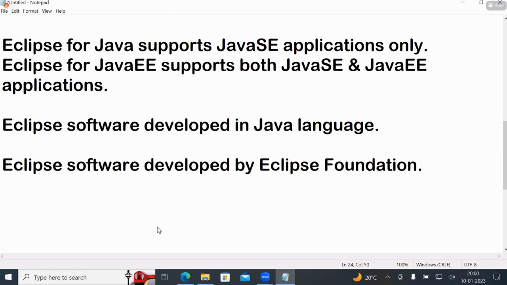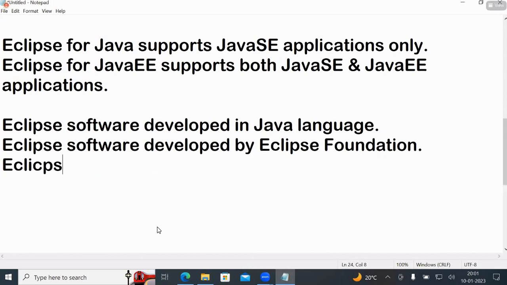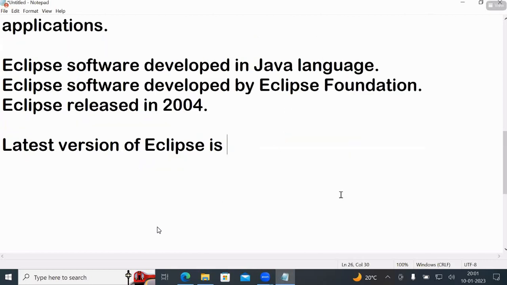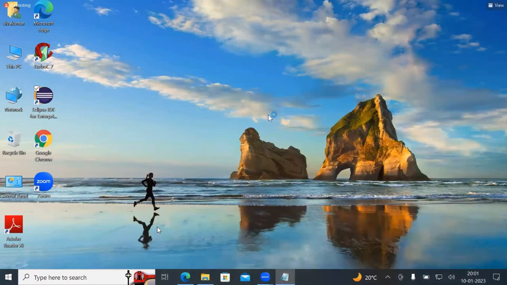Eclipse software was developed by the Eclipse Foundation. Eclipse was first released in 2004. The latest version of Eclipse is updated every 3 months. They update very frequently. Here,